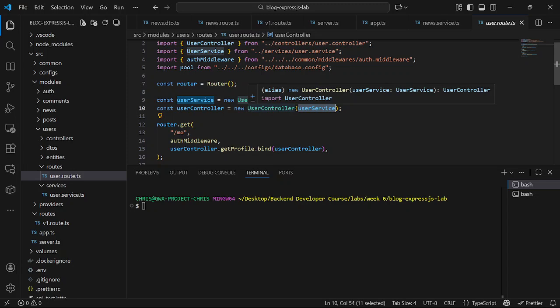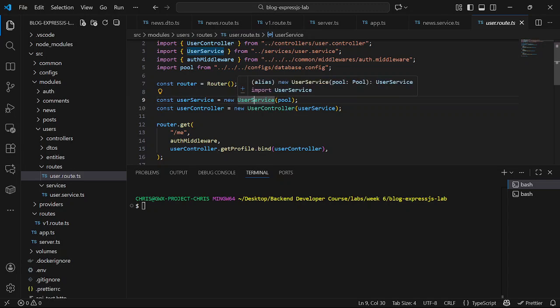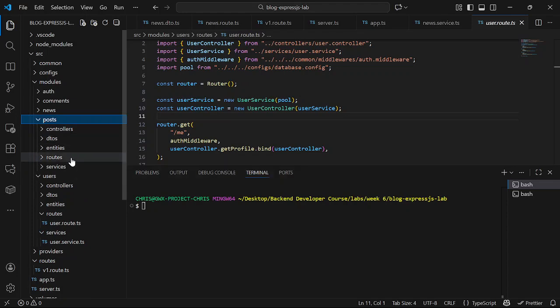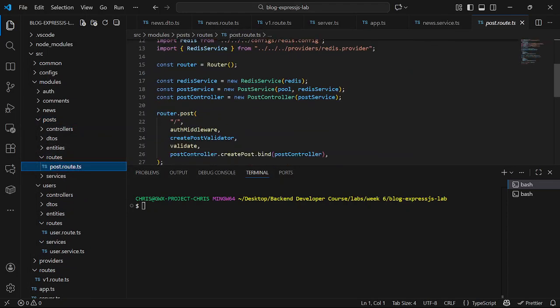Because of that, we need to inject the dependency when we are creating an instance of the user controller, right? We need to take the user service and give it to the user controller when we want to initialize it. The same thing applies to the user service. When we want to create an instance of the user service, we need to give it the database pool connection as a dependency. So we are managing our dependencies here. Basically the same thing for the pools. If we come to the route here, we are managing our dependencies. All the dependencies of the classes we create, we are managing by ourselves.